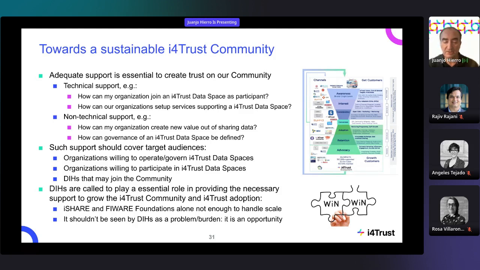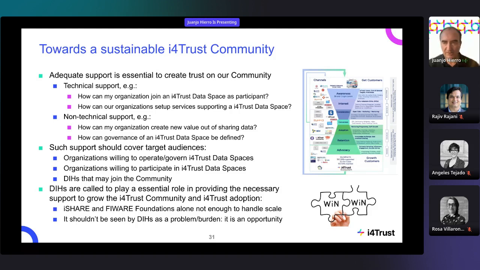We need to engage, and particularly engage with the digital innovation hubs, who we expect will embrace I4Trust as an opportunity to develop their mission, because we understand that for many of the digital innovation hubs that exist in Europe, their mission is about creating ecosystems and developing the opportunities for adopting new technologies.